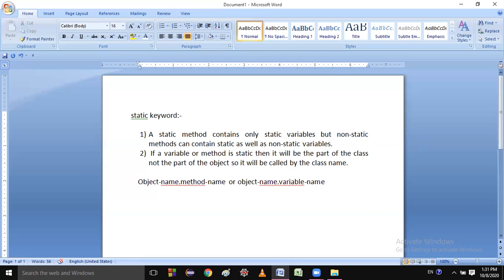But if a static method or variable is there, then you will use class name dot method name or class name dot variable name. Is it clear to you?